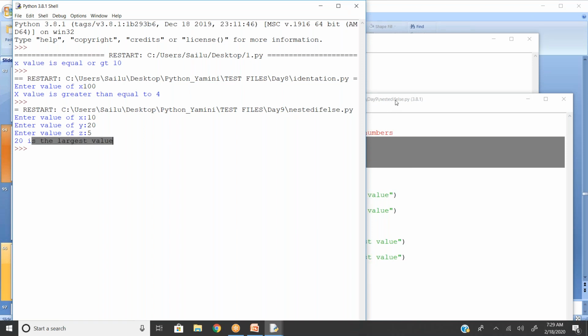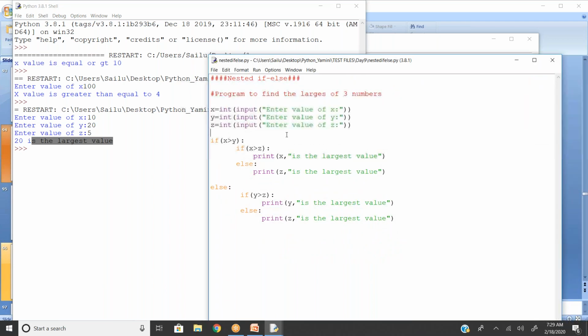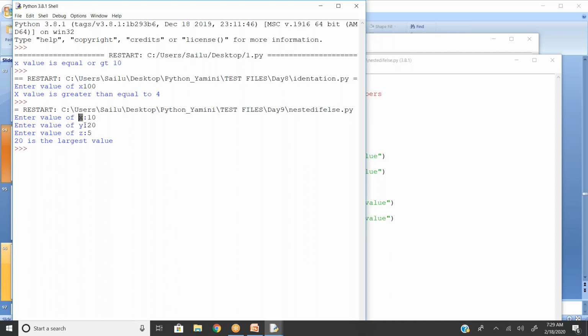But how is the system comparing these values? First, the system is going to check the x value and compare it with the y value. Is x greater than y or not? The system is going to check. If yes, again the system is going to take the x value and compare it with the z value. Is the x value greater than z or not?